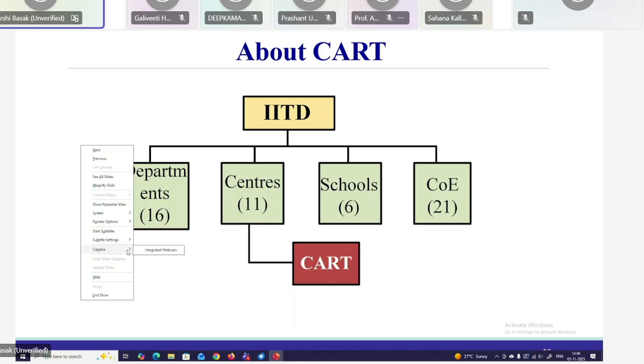CART, where I belong, is a center where we are more focused on PG teaching. We conduct master's programs, and we have PhD programs as well. Both masters and PhD we offer. Masters means we have MTech program, regular MTech, part-time MTech, full-time sponsored MTech, and we also have full-time Masters of